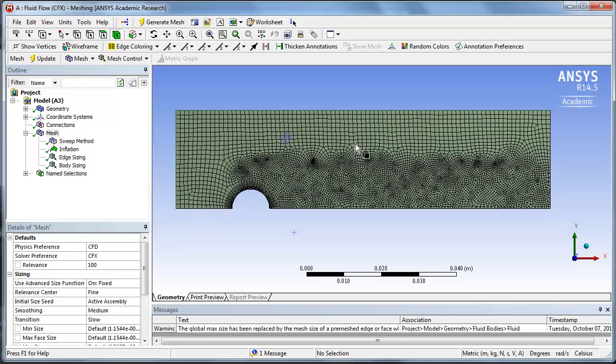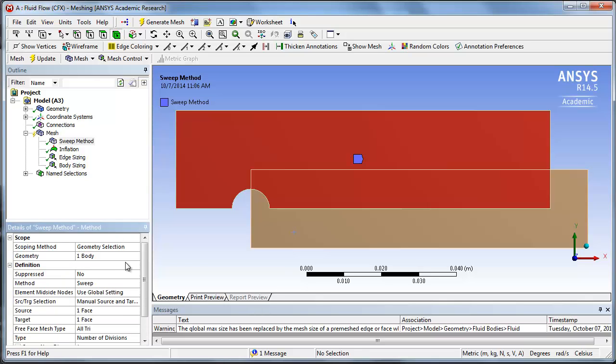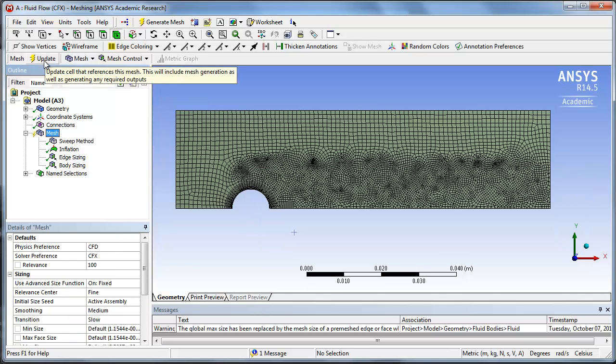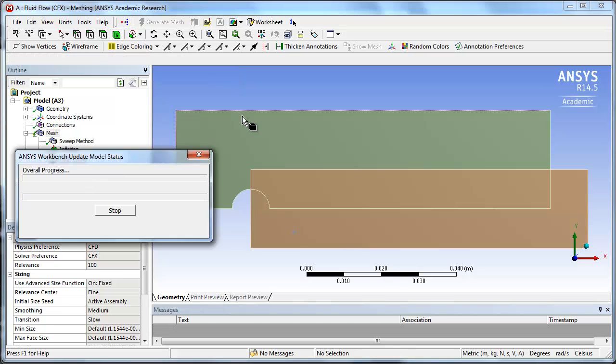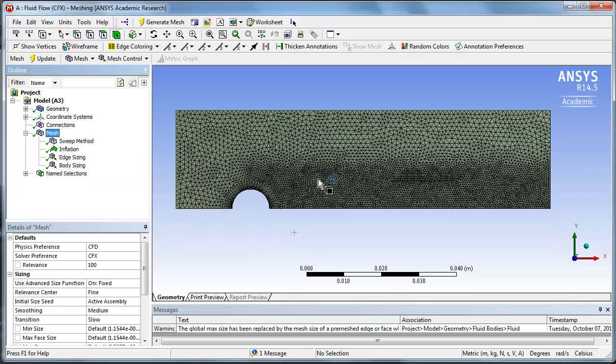Now, by default, the meshing application is trying to use quadrilaterals for the mesh, and we can see that's resulting in some weird things going on. So for that, I might go back to my sweep method, which is where that is selected, and you see the free face mesh type is a combination of quad and tri, and I can change that to all tri, which will replace this with triangles. So I can hit the update button once again and let that remesh. Okay, that looks a little bit more uniform